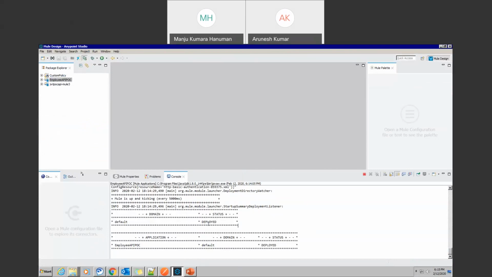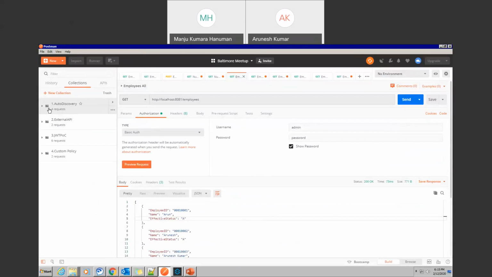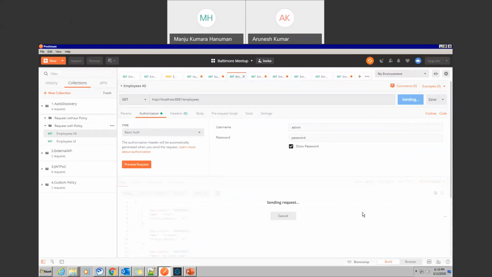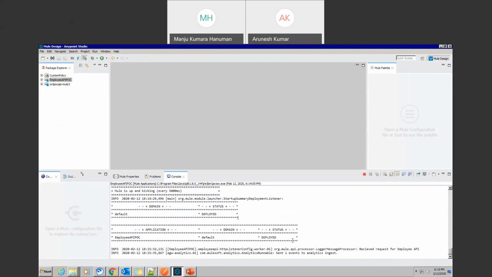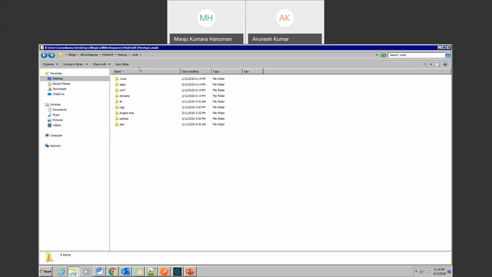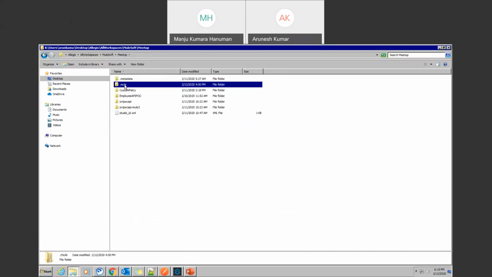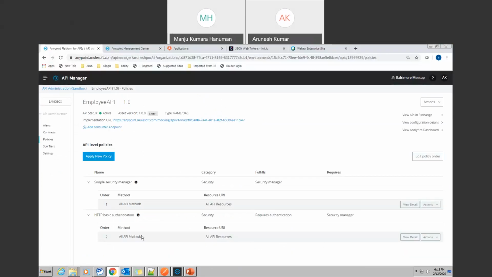So currently this API is running, and the policies are configured. If I go back to the piece where I hit the API, which I just did, you will see some entries over here saying the API received a request, which is 6:15. What I wanted to show you was not this, but a folder called policies, which is in your workspace, .mule folder, and policies under it. So the policy which is configured with this ID in my API manager